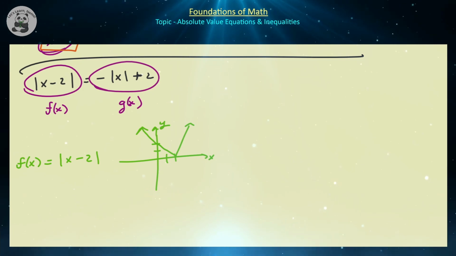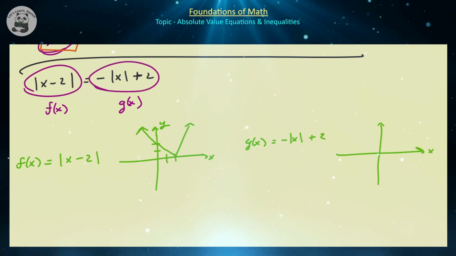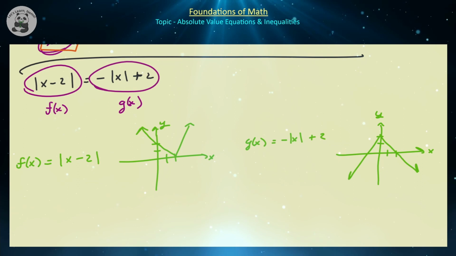X-axis, y-axis. And if we have g of x is equal to negative absolute value of x plus 2, we already know that that is going to be upside down, shifted up 2 units. So this is going to be the graph of that, right? So if we overlap these two curves on top of each other, keep in mind, this is f in disguise. Notice that these two curves overlap on this interval here. Right? So from graphical analysis, we see that the solution